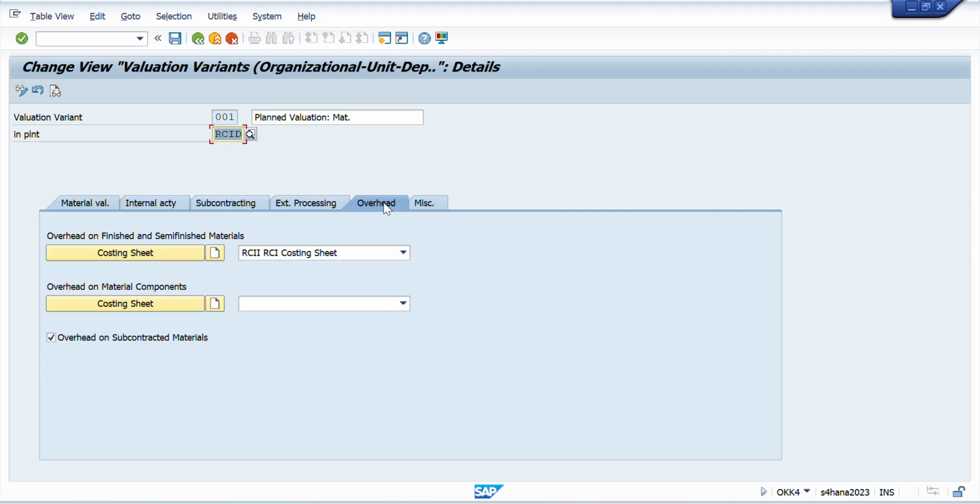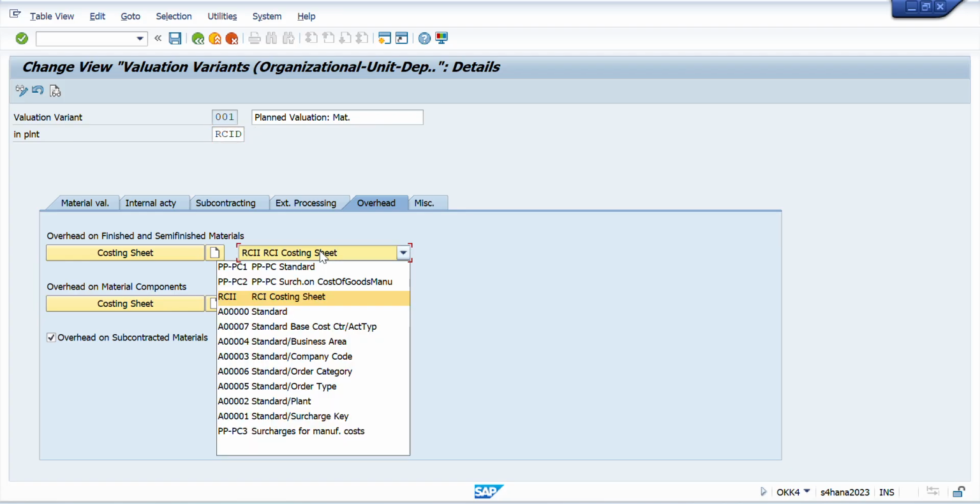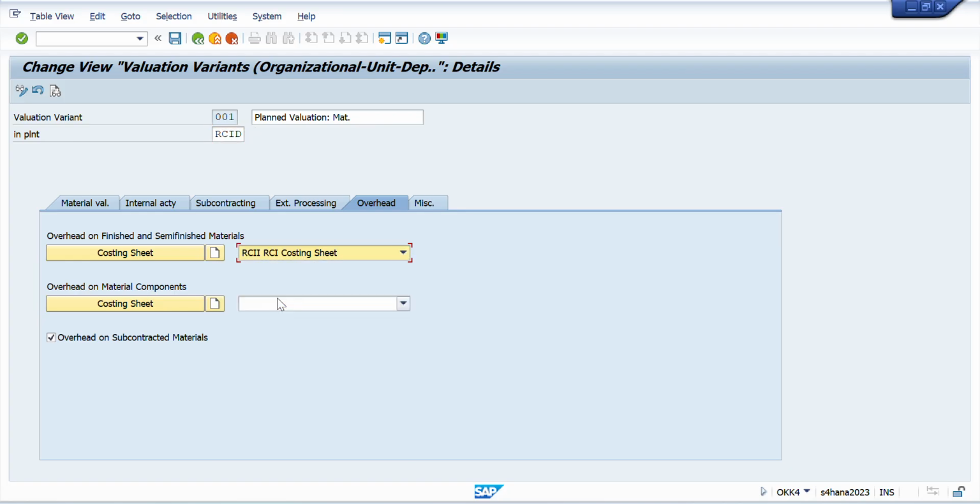Similarly, going into the overhead, subcontracting and external processing we'll discuss later. Let me go into the overhead. For the overhead, as you remember, we have already designed the costing sheet. So that costing sheet I have assigned over here, and I have told that the overhead that is calculated by the costing sheet is also applicable on the subcontracted material. So this is the setting we do in the material master. Let's close this